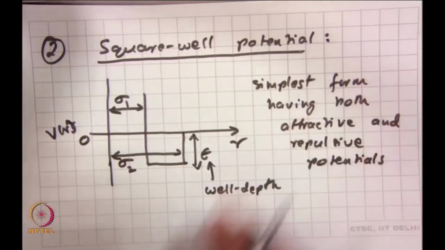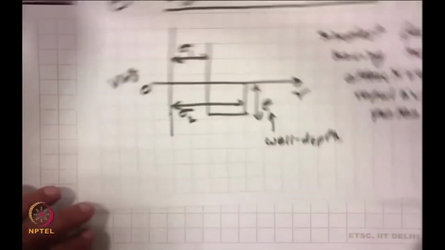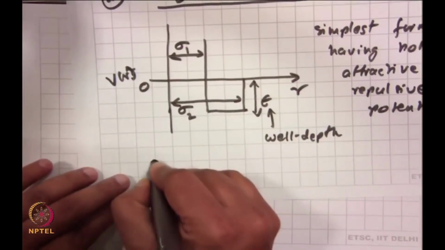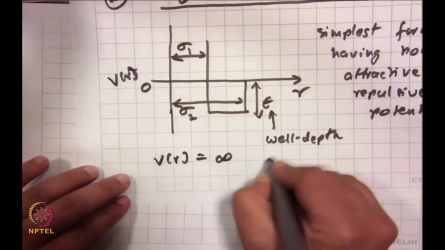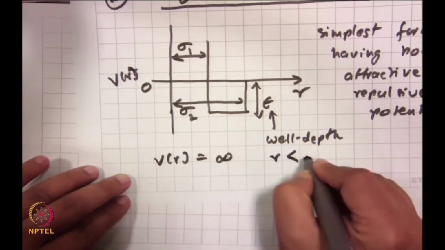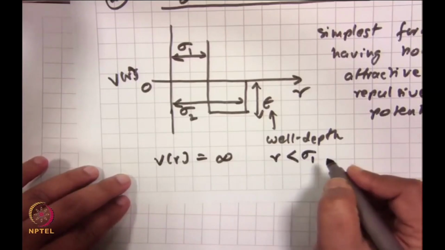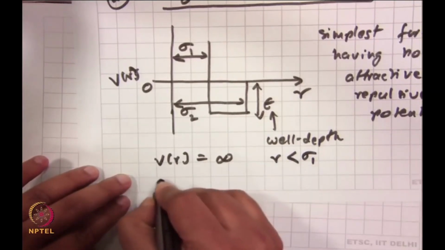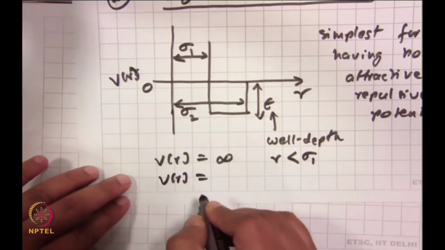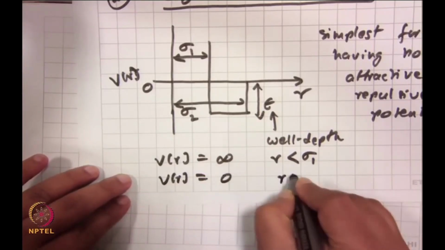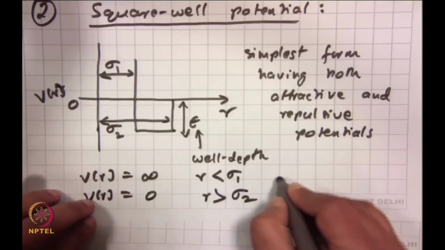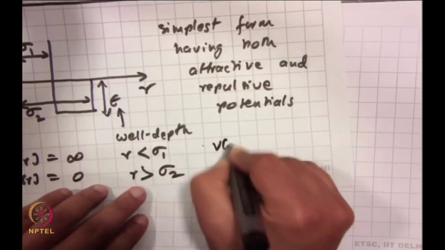This is the simplest form, right. So here what we can write is V of r would be infinity. Now, what should the limit be? r is less than sigma 1, right. Now, V of r would be 0 for r greater than sigma 2, and then I can also write, let me write it here, V of r is equal to